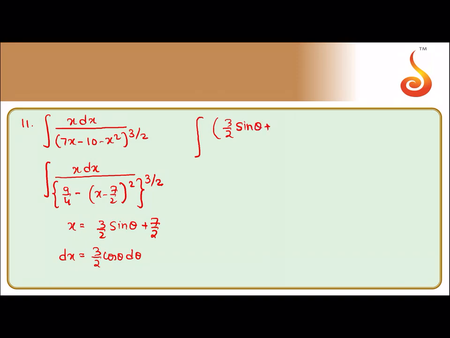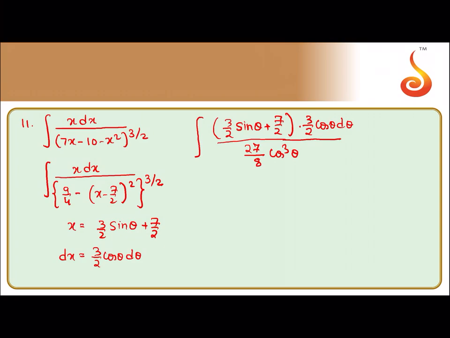So we apply this one. So what is x now? x is nothing but 3 by 2 sine theta plus 7 by 2 into 3 by 2 cos theta d theta